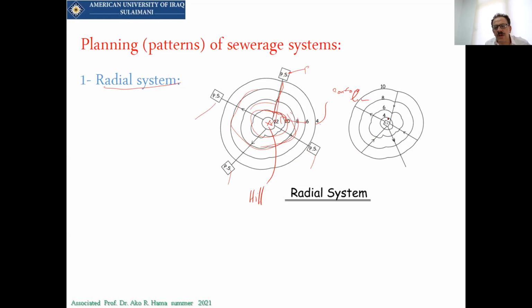Sometimes if we have a hill, and the area looks like this, what will happen? The elevation of this one, let me say, will be a concave area. These houses will be collected within a ring storm, and those again, so all of them will dispose their waste at the bottom, and then we can use a pump station here to lift to the other station.